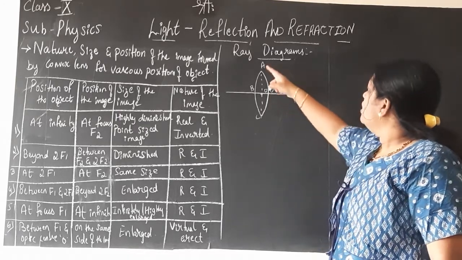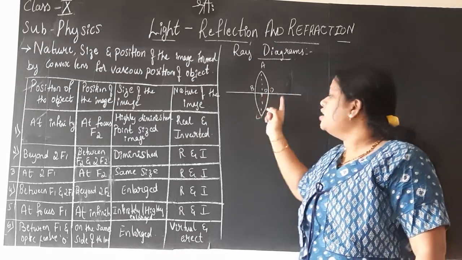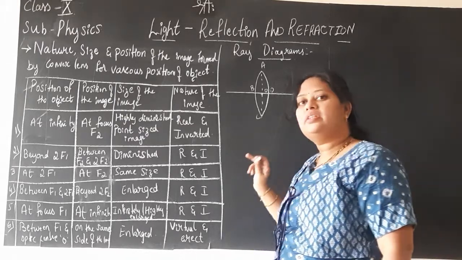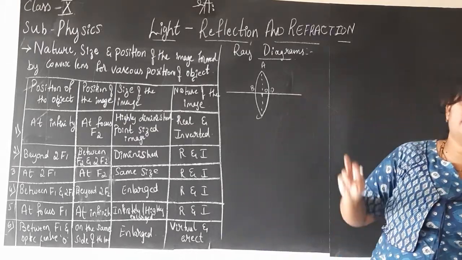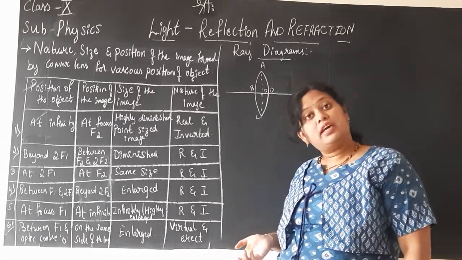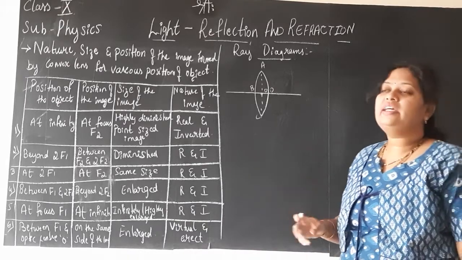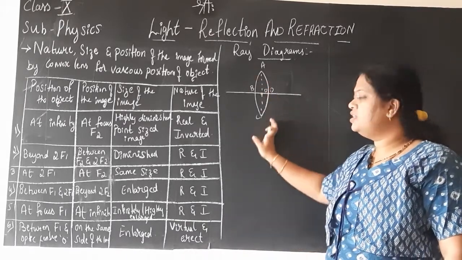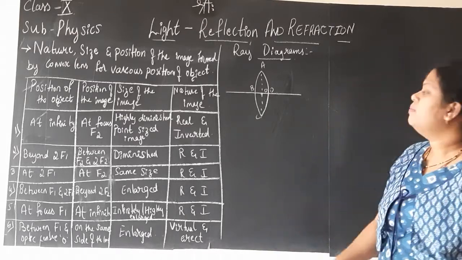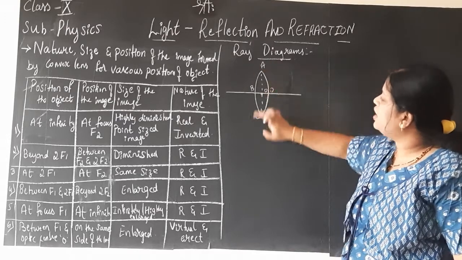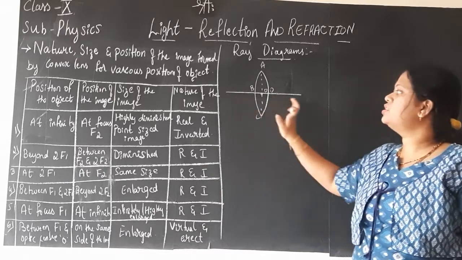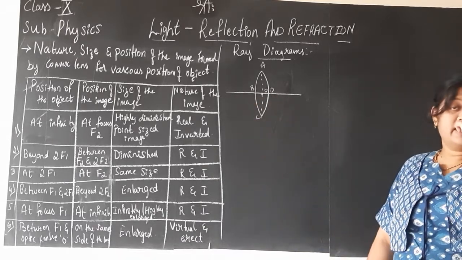Now, since there are two refracting surfaces, children, we learned that there are two principal foci for the lens. It has principal foci and not principal focus. Whereas in the case of a mirror, one side will be silvered or polished, hence it has only one principal focus. But since two refracting surfaces are there for this lens, it has a principal focus on either side of the lens.